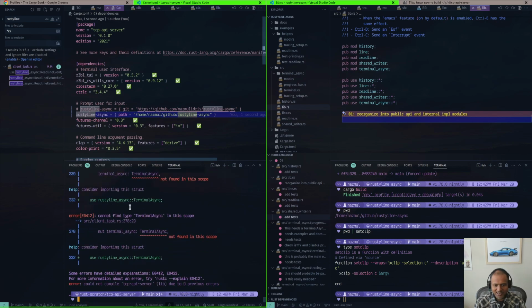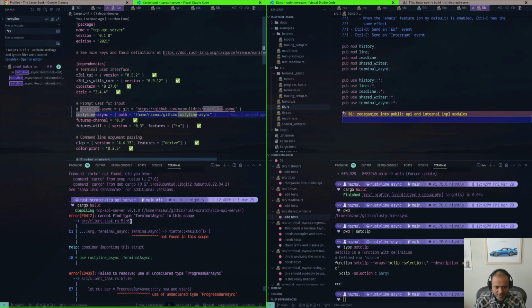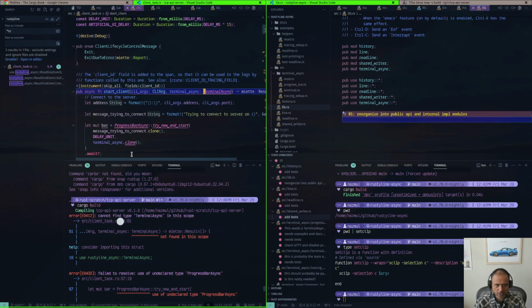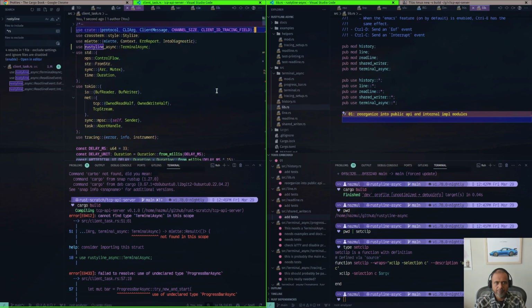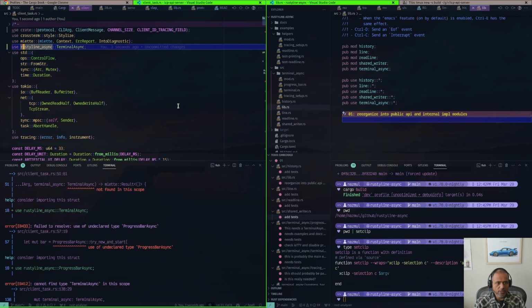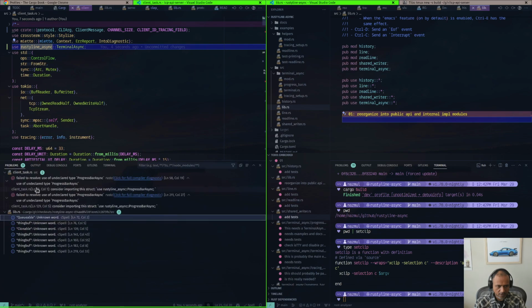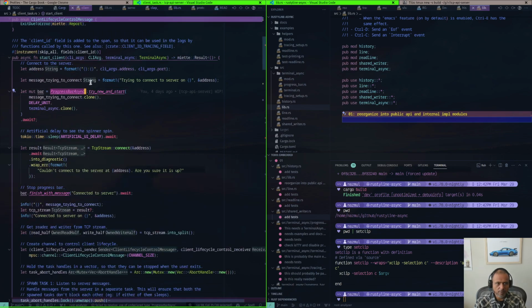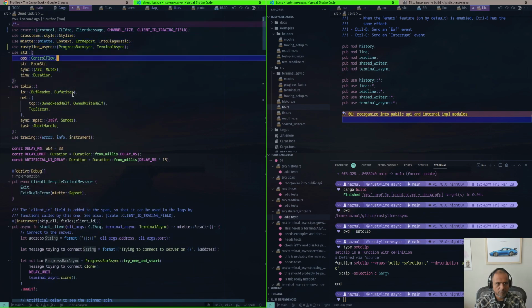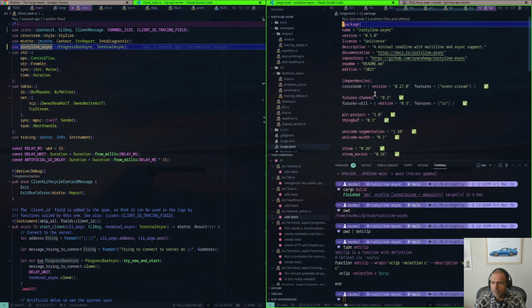Cargo build. Okay, that's funny. I think it is showing promise now. So maybe I should have done this. Now I can just auto tell VS Code to bring it in. Basically is what we thought, which is just like the rusty_line_async. Bizarre. Wow. Did not see that. Okay, progress bar, probably the same thing. Yeah, that was very strange. I wonder why there's an underscore versus a dash, because the crate here is rusty_line underscore. Anyway,